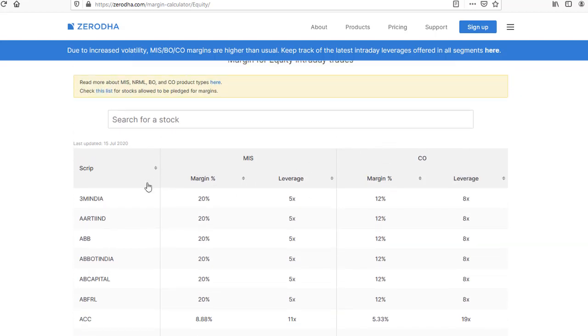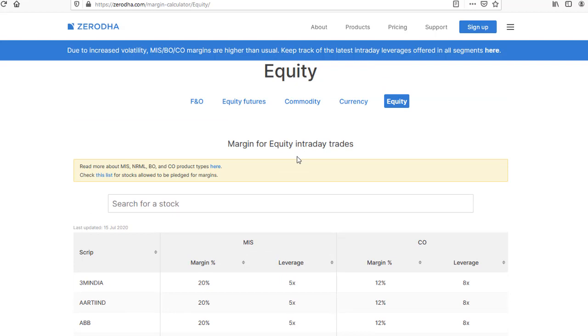Before we understand what margin in percent and leverage are, let's understand what margin and leverage are. Margin is basically the amount which is available for trading in your trading account. When you go into a margin trade, if your broker mentions margin trading is available, it means the broker will give you additional margin along with what you have in your account. In other words, just like borrowing money from someone, the broker will give you additional money, and when the trade closes, the broker will take his part. That is called margin trading.